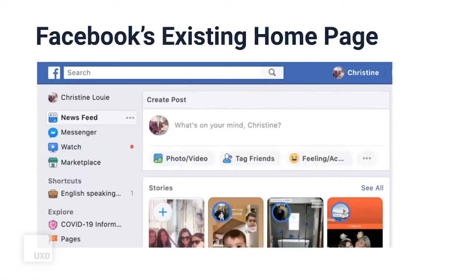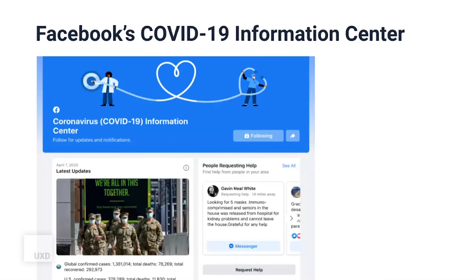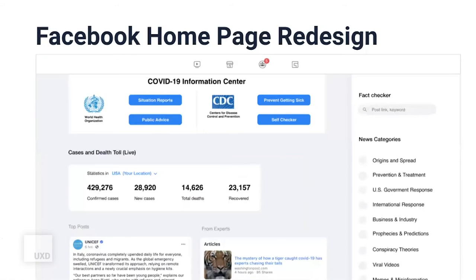So this is what Facebook's existing homepage looks like. You can see in the bottom left, there's a link to its COVID-19 Information Center. If you click on that, it then brings you to the Information Center where there's news updates and statistics on COVID cases. So for our solution, we redesigned the homepage so that the COVID-19 Information Center is the first thing